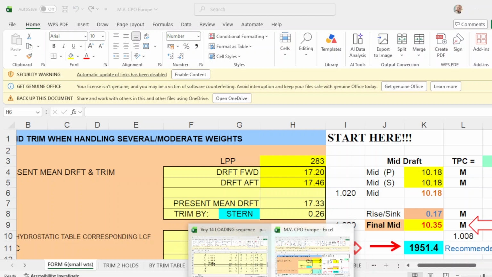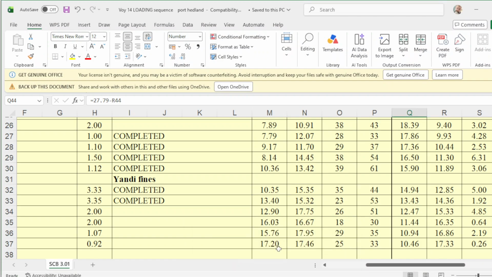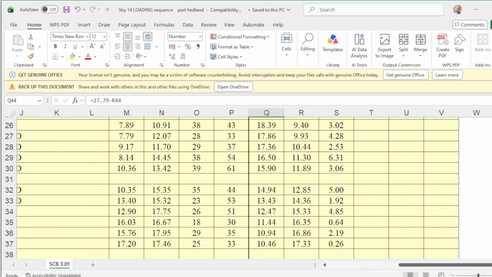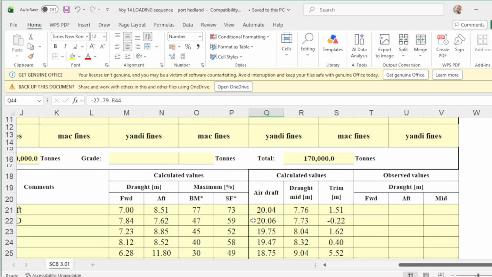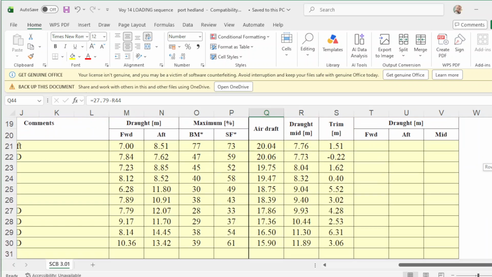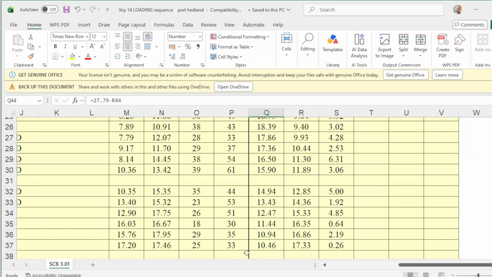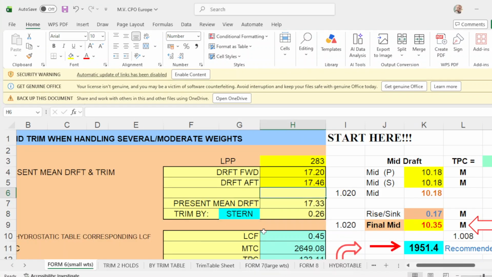This is your mid drop, 17.33, and your trim is 0.26.